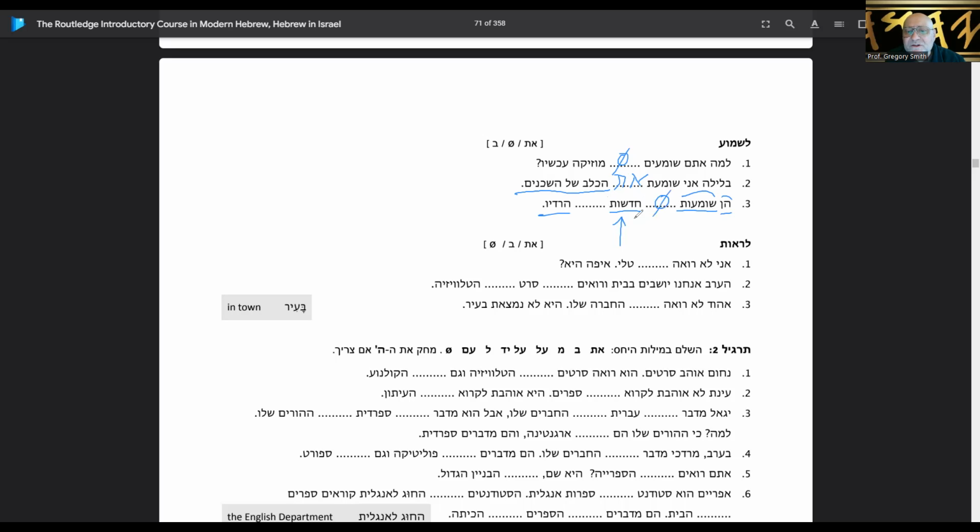I think it's probably going to be this here. Hadashot, blank, radio, to the new. Oh, the news. You're listening to news. Hadashot. It's not hadashot, the news. It's news. Hadashot, blank, on the radio. I bet you it's radio. So it's going to get rid of the hey there, and we're going to have a bet and a patach. So radio. Okay, so let's take a look at those. We should have a no definite article. We should have an et. We should have a no definite article and a bet.